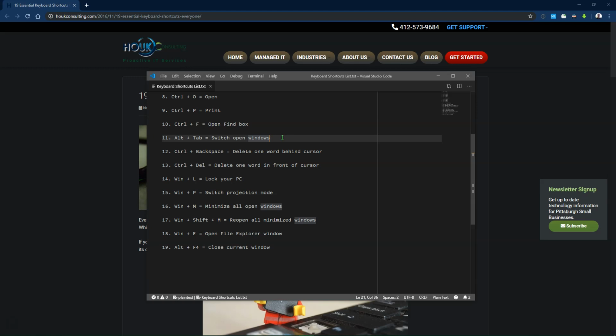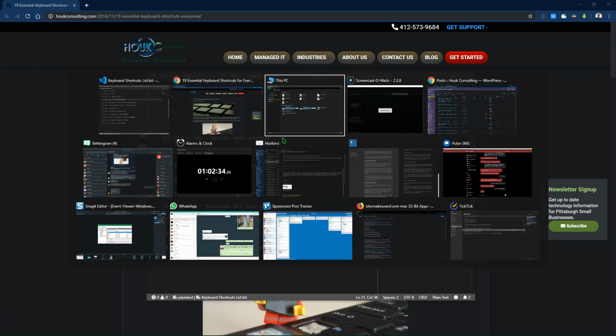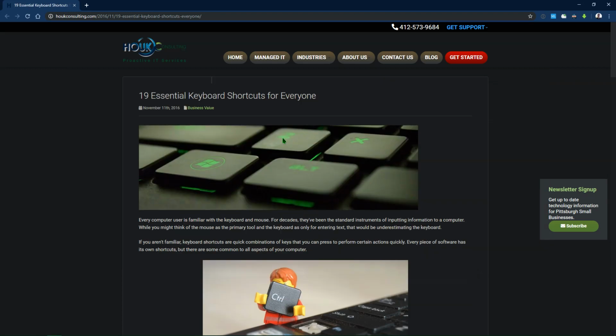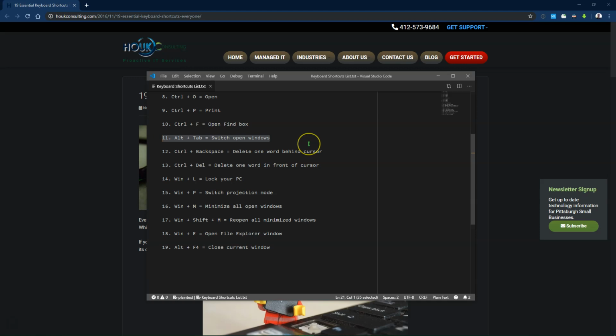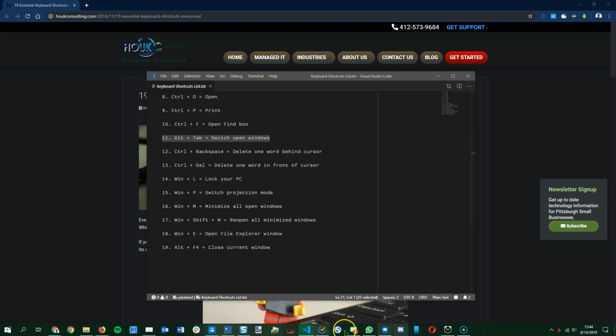So when you hold Alt and press the Tab key, you're able to switch between the open windows on your computer. Continue hitting the Tab key and you can scroll through everything you have open. When you're happy with what you've selected, let go of Alt and your computer will switch to that app. It's a really easy way to jump around without having to move your mouse down to the taskbar and switch